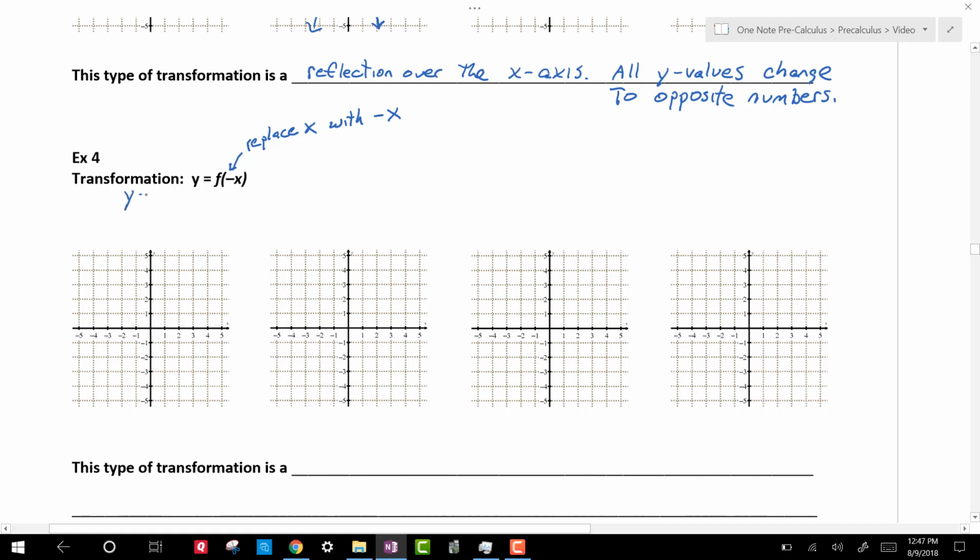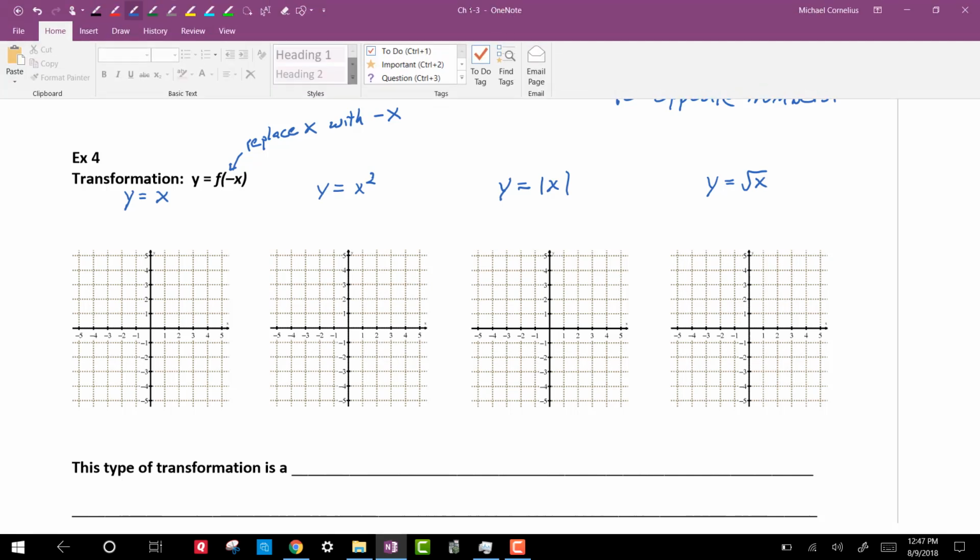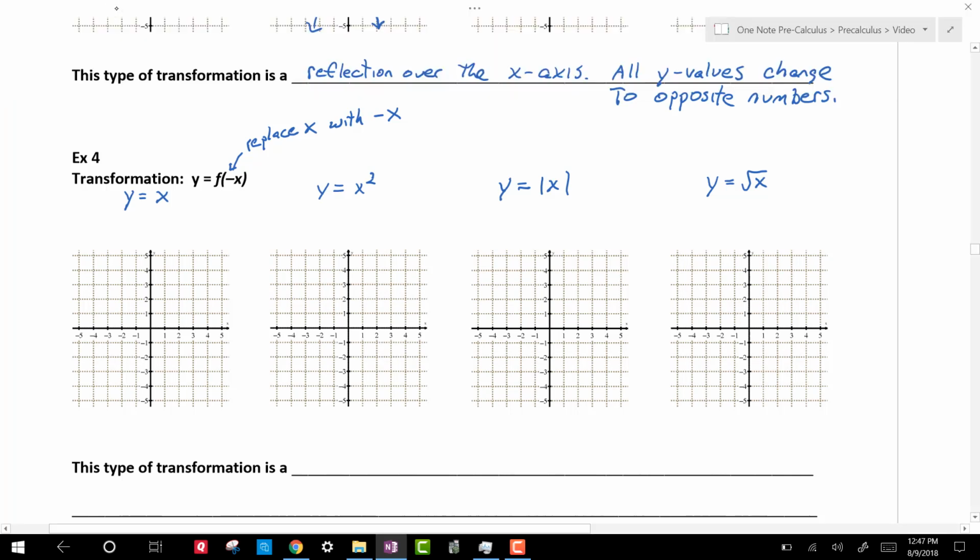So I'm going to write the parent functions again. This was y equals x. This was y equals x squared. Oops, what happened here? See if we can fix that. This was y equals the absolute value of x, and this was y equals the square root of x. Okay? So those were my functions, and let's take a look at what happens when we replace